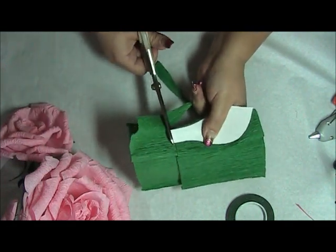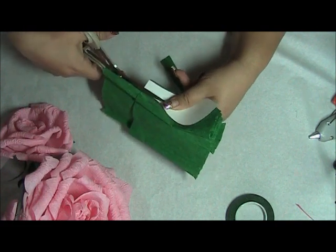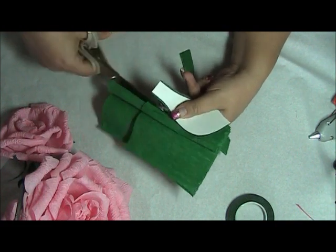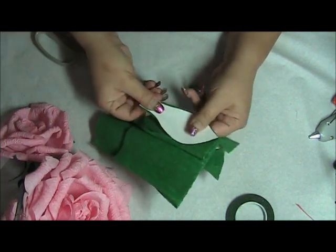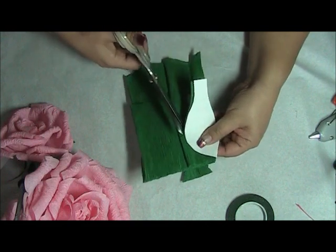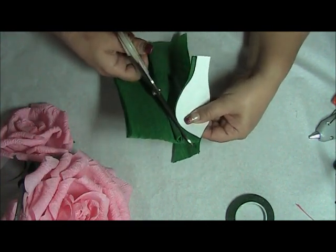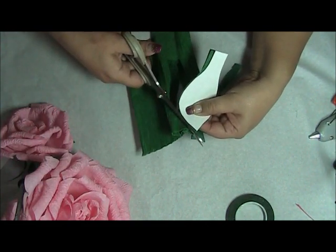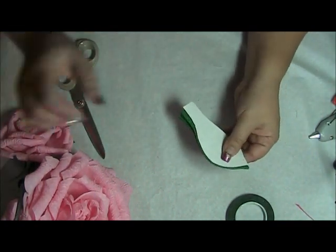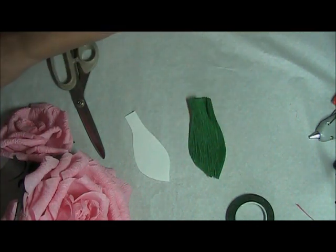This is a project that does take a little time, but you'll love the end results. I think anything beautiful takes time, especially if it's hand designed. Get rid of that scrap. Pull out another floral